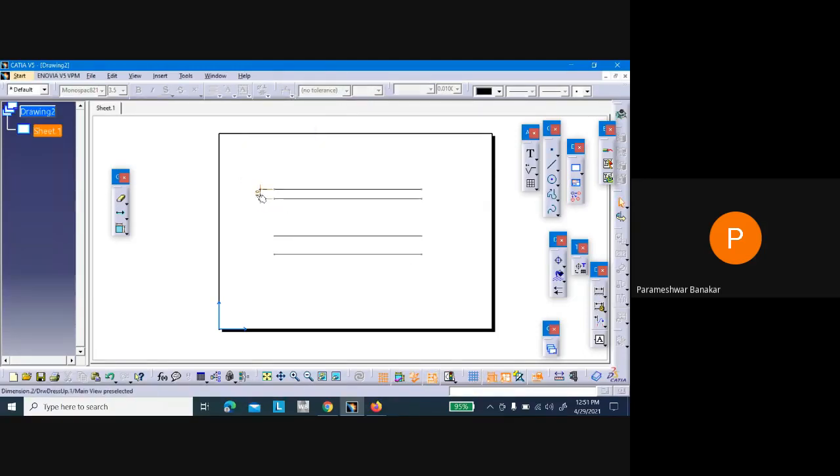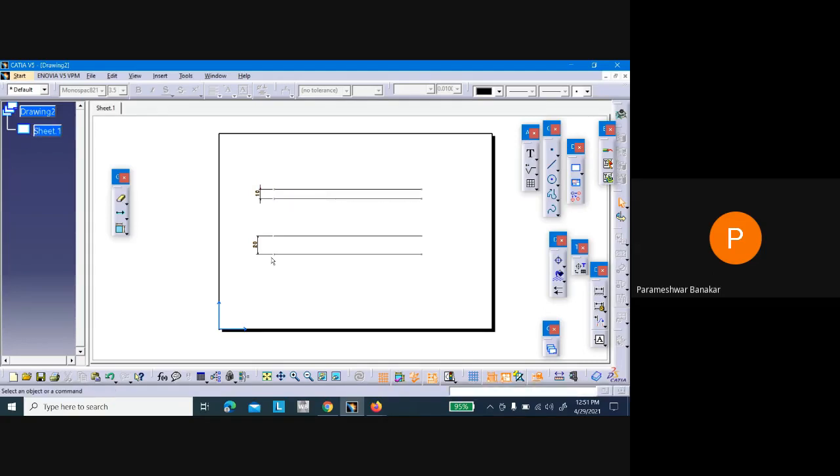This part as well as below this part. So in internal thread and external thread, these two things will act as root and crest. Maybe if you go for the external thread, then this will be the 10, whatever I'm showing here.